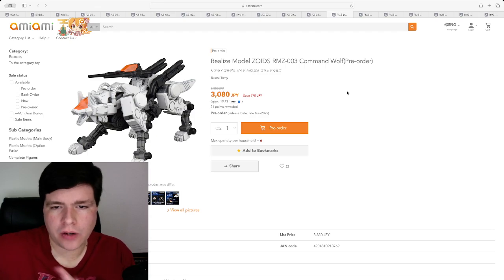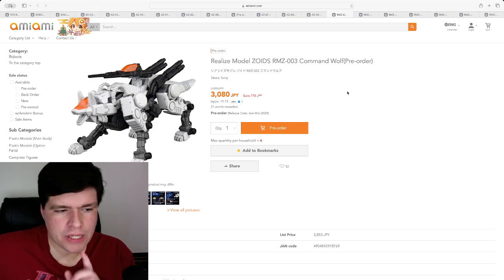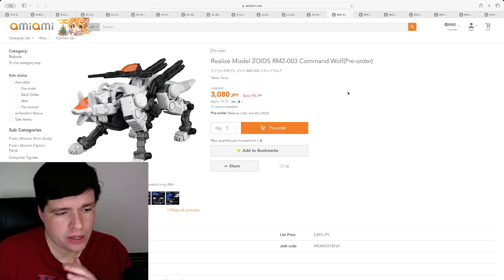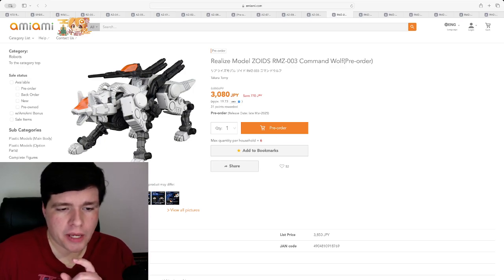So Realize Model is a different brand that makes these articulated robot toy models. And what these appear to be, to me at least, we don't fully know, unless there's been some prototypes that people have been able to get their hands on, is that these are 1/100th scale as opposed to 1/72nd scale, like the motorized and wind up HMM Zoids, where those all kind of share the same scale. These are a little bit smaller, but they're not quite as small as the Mahler Spirit series we had in the 2010s. But they appear to be